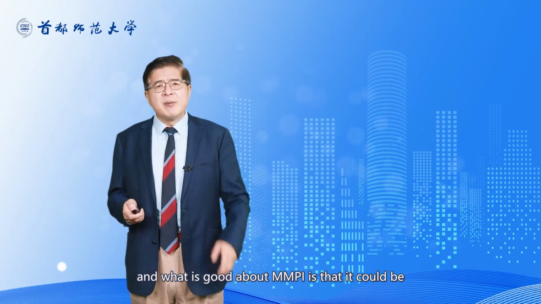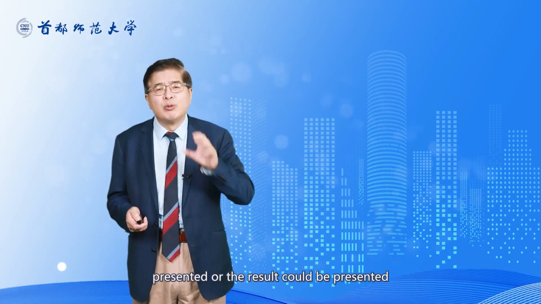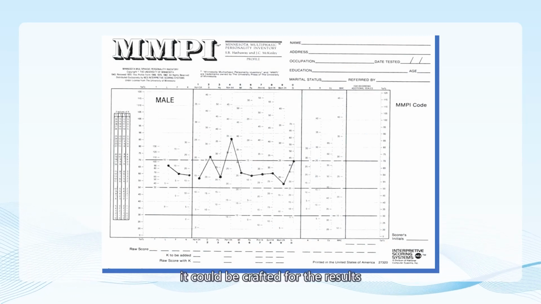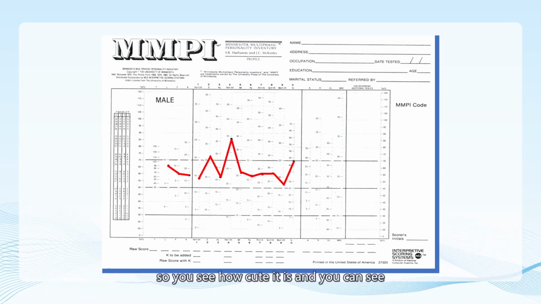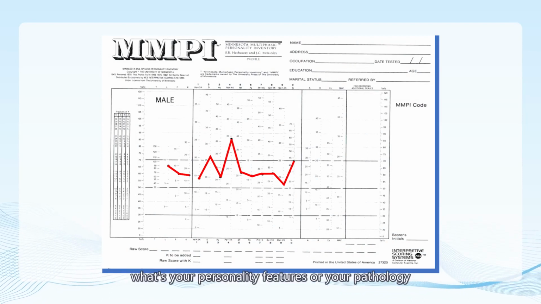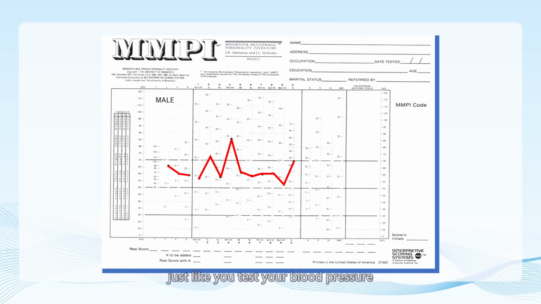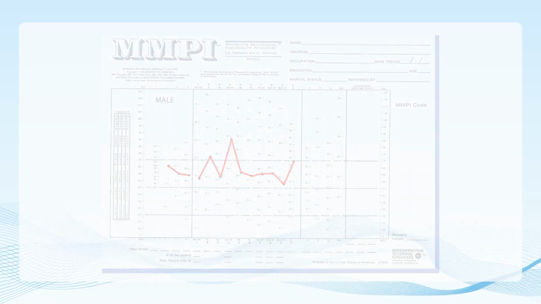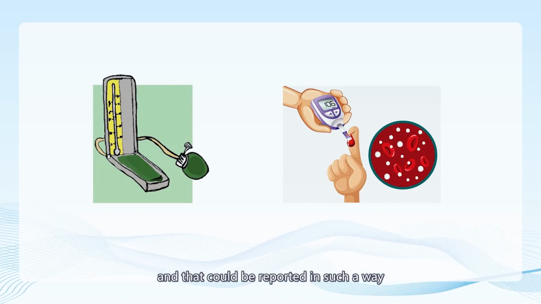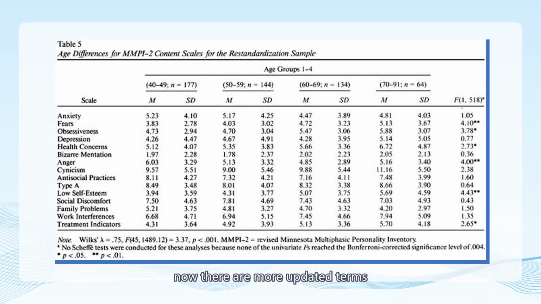What is good about the MMPI is that the results could be presented on a report card, or graphed. So you see how cute it is, and you can see your personality features and all your pathology characteristics shown on this report card, just like you test for your blood pressure or blood sugar, and that could be reported in such a way. And this is the updated version,